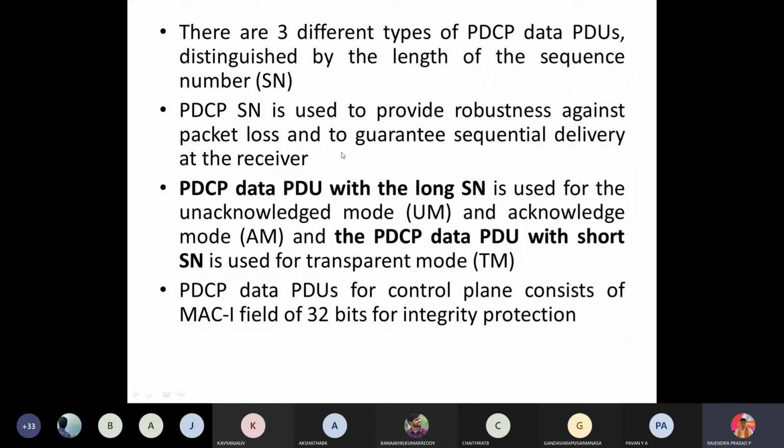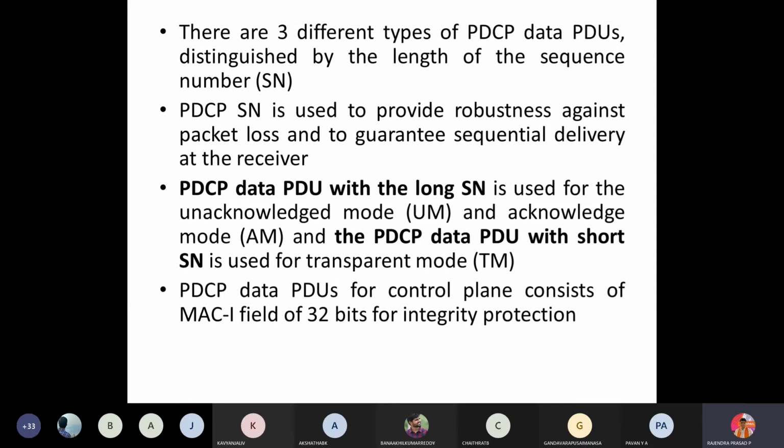Right. So there are three different types of PDCP data PDUs distinguished. What are these three types? PDCP is used to provide robustness against packet loss and to guarantee sequential delivery at the receiver. The next point is the PDCP data PDU with the long SN. Long SN means the sequence number or your data information has more bits.